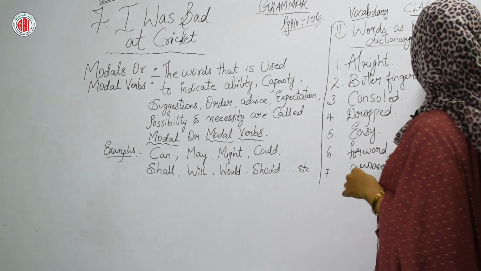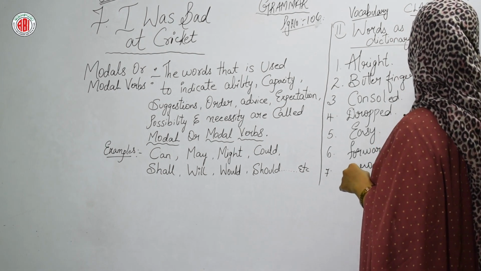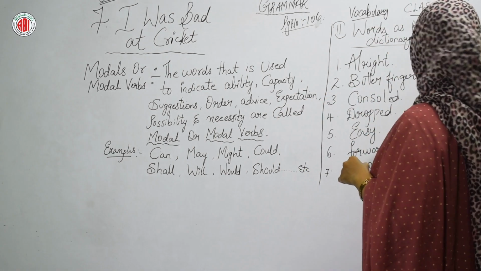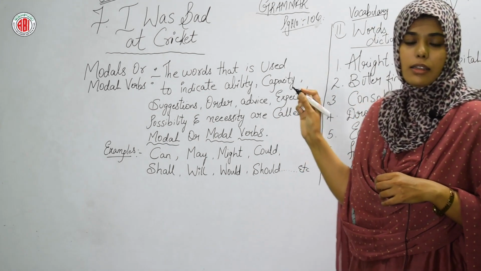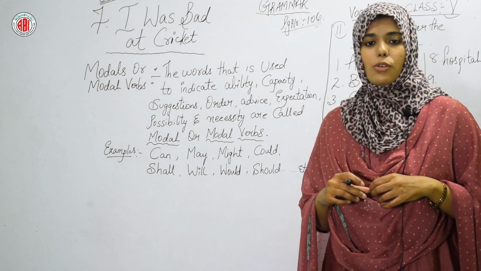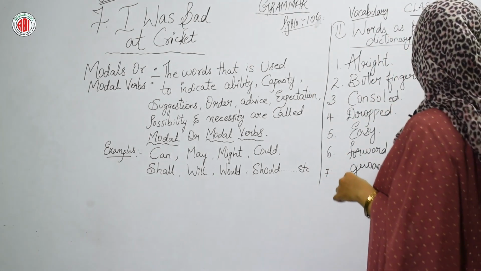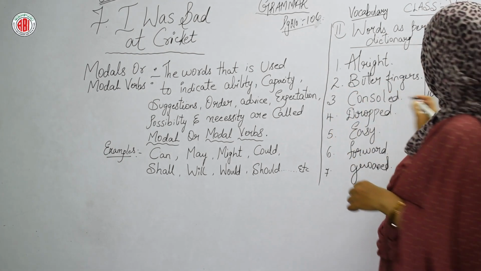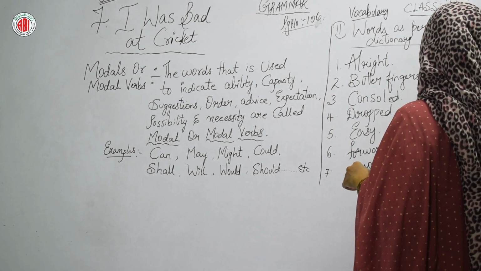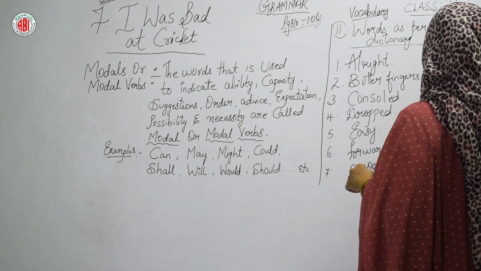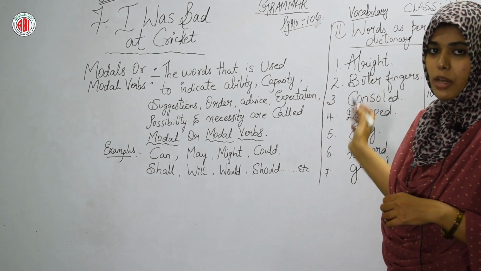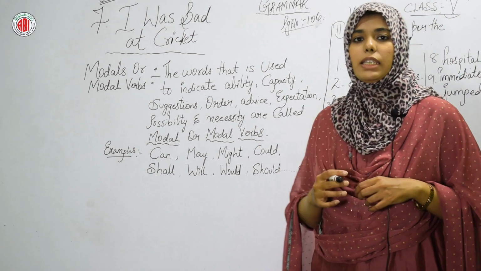Groaned. 8th one is H. From H, hospital. 9th is I. The word which is going to start from the I is immediately. From J, next is jumped. Okay. 10 is over. Remaining 10 is your homework. Write the words that come after J. You have to write those words one after the other.